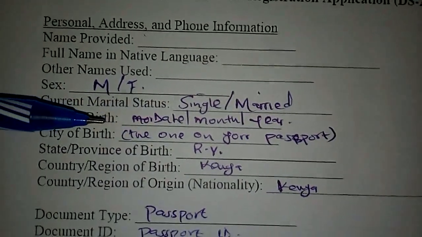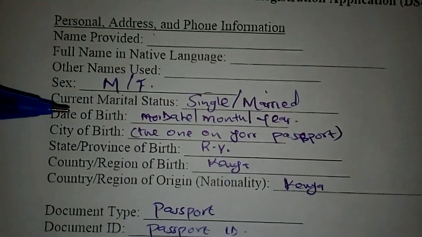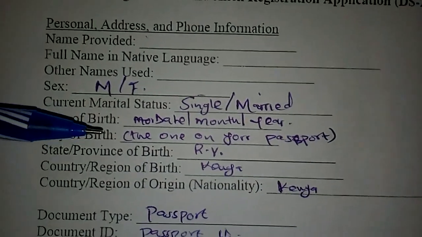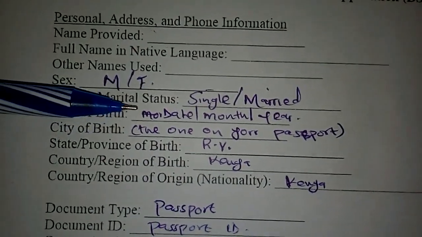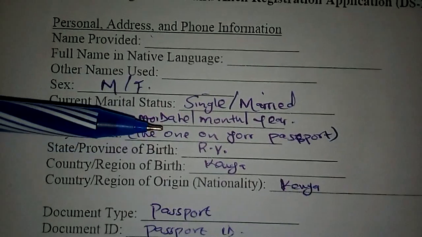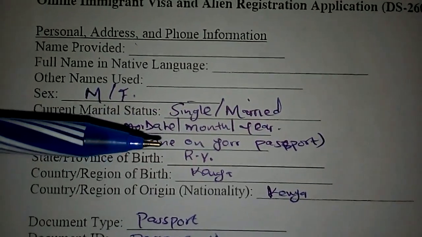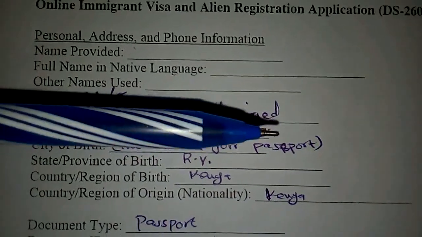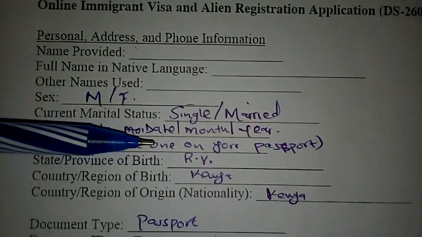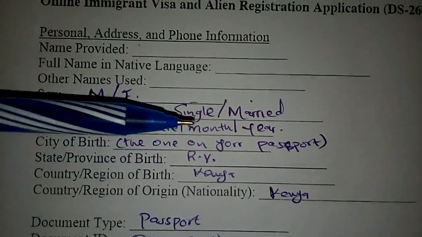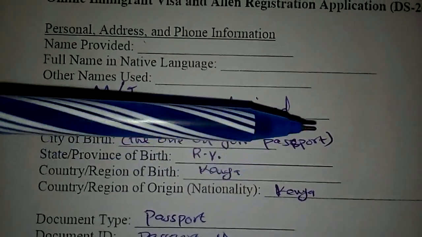They normally give the format. Last time I checked, it had date, month and year as the format. You start with the date of your birth, the month of your birth, and then the year of your birth,